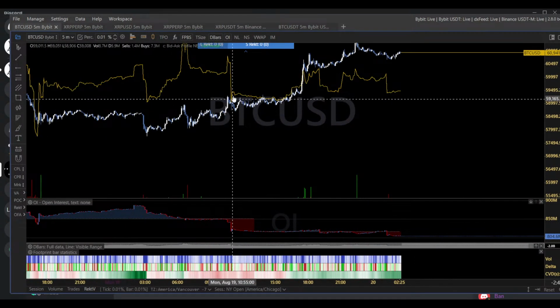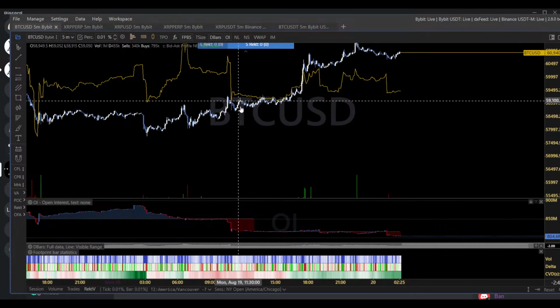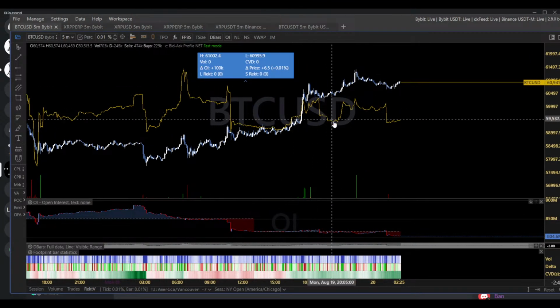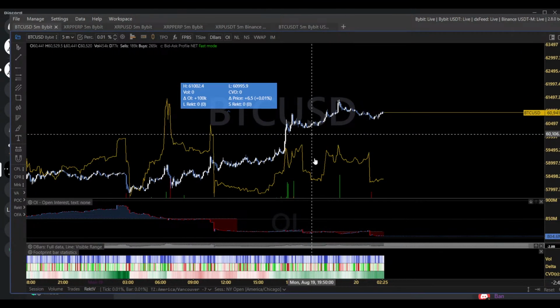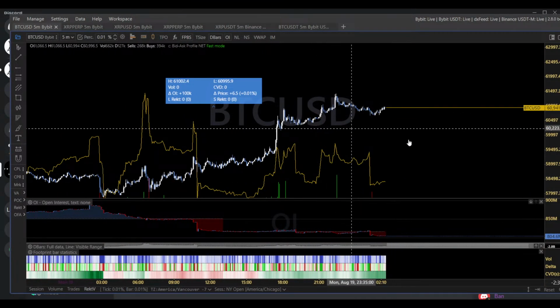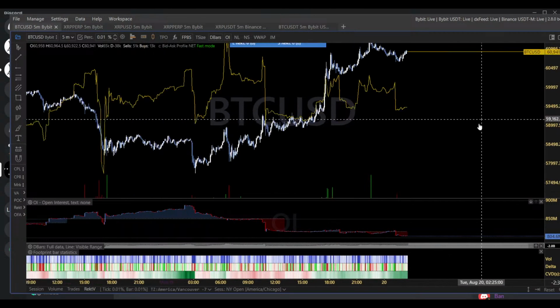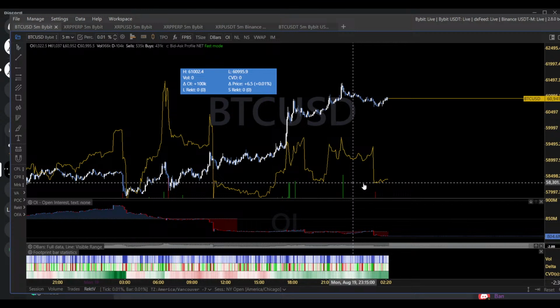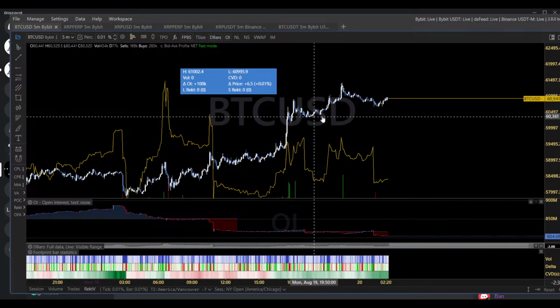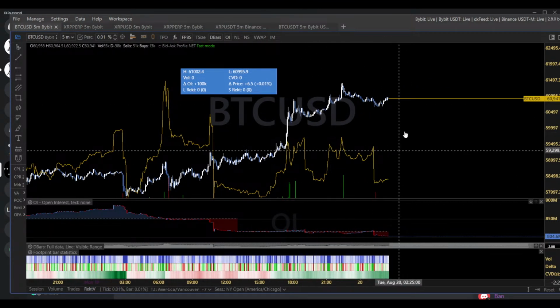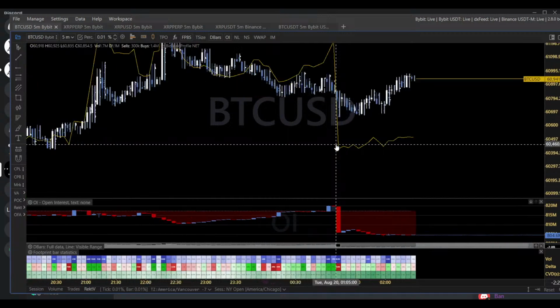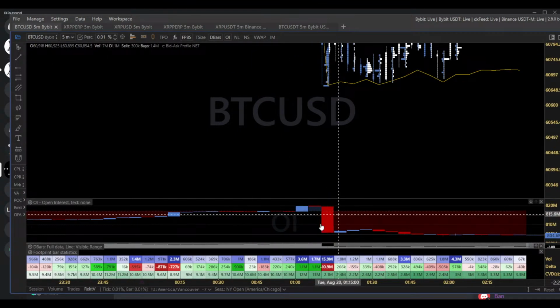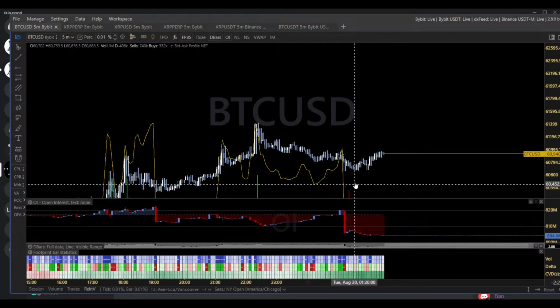Every time these big heavy sell-offs are getting absorbed, price is pushing higher. It's an indication price is more likely to push higher. We had another one, and we can just measure. The simple way to look at it here would just be to measure that CVD is making an equal low and price is making a higher low. That's a bullish divergence, and we have the big $11 million long closing there getting absorbed,